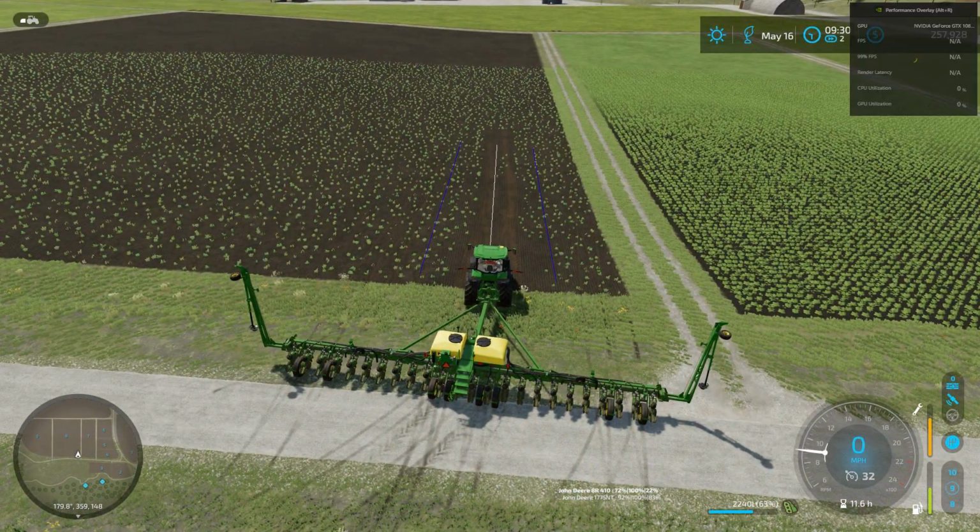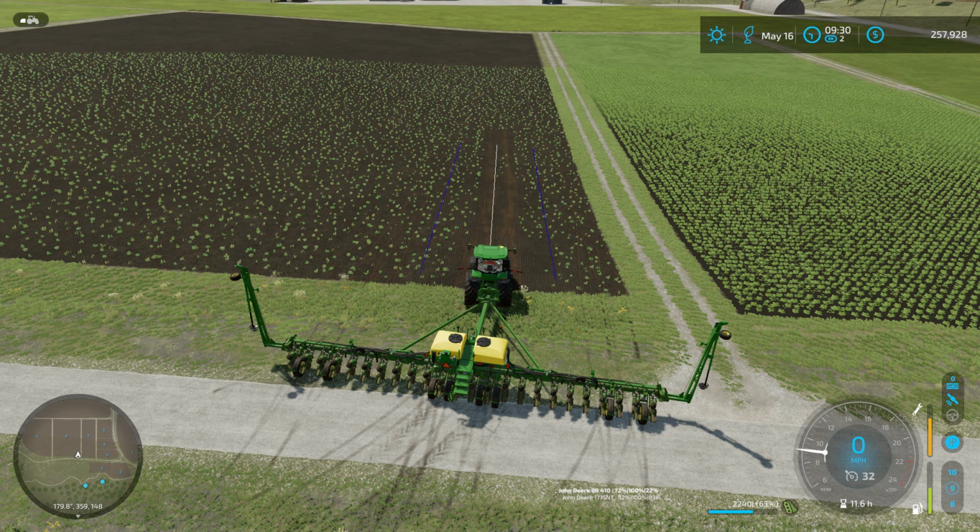Next, we're going to set the track. We set the track, and I need to change that shortcut key, but we'll get our working width here just a little bit over, but that's okay. What we can do is I can move the track over just slightly, and I really like this. And I realize that a lot of this functionality is available obviously just in the mod itself, just in the GPS mod or guidance steering mod. But it's nice to have it in this GUI fashion here on my tablet,